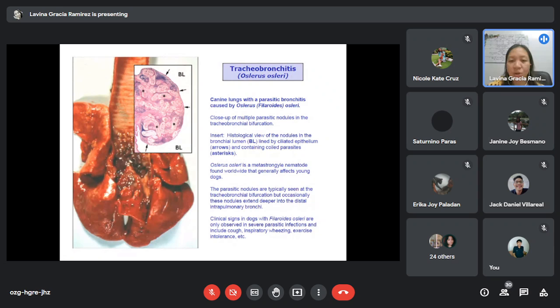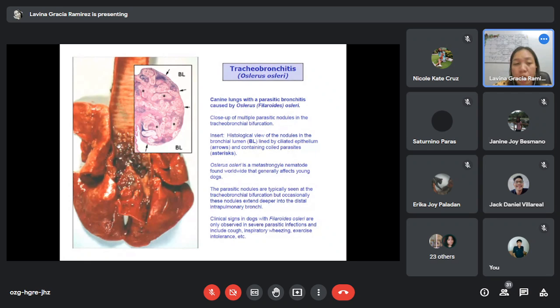If you will notice, this is the histologic picture of the nodule found at the bifurcation of the lung. Here it can progress, affecting some portion of the lung tissue, and it can destroy part of the lung tissue. Clinical signs in dogs observed in severe parasitic infections include coughing, sneezing, and exercise intolerance. Of course there are blockades because of the nodules produced in